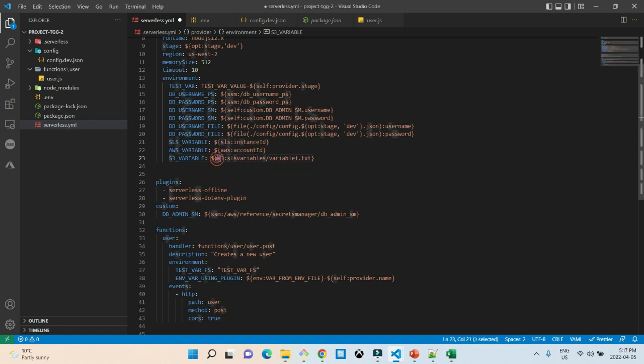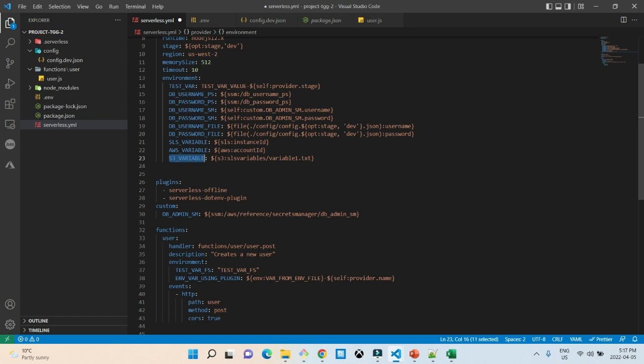So we are referring to S3, and then inside my S3 I'm referring to my path to the key, which is my bucket name slash the file name. The value for S3_variable should be set to the text inside variable1.txt, and this S3 variable is available